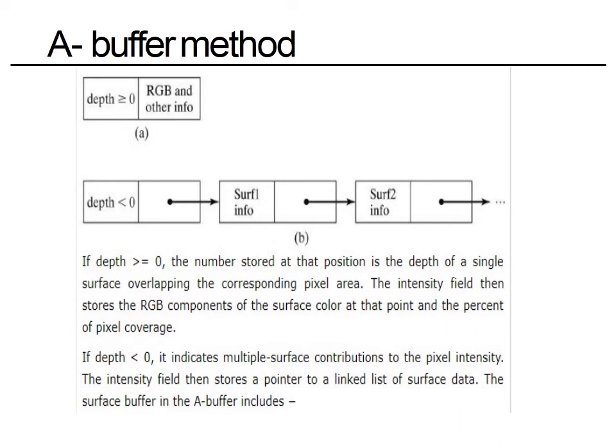The intensity field then stored the RGB components of the surface color at that point and the percentage of pixel coverage. If depth is less than 0, it indicates multiple surface contributions to the pixel intensity. The intensity field then stores a pointer to a linked list of surface data. The surface buffer in the A buffer includes